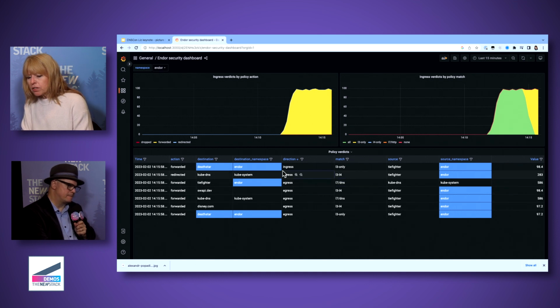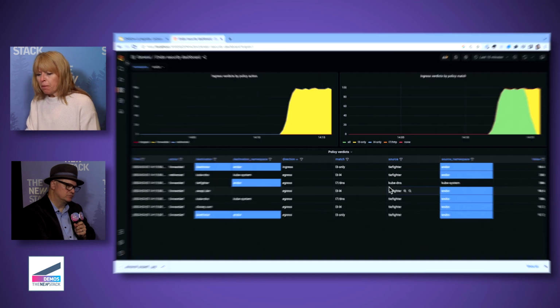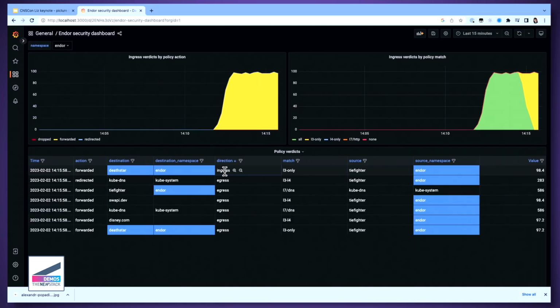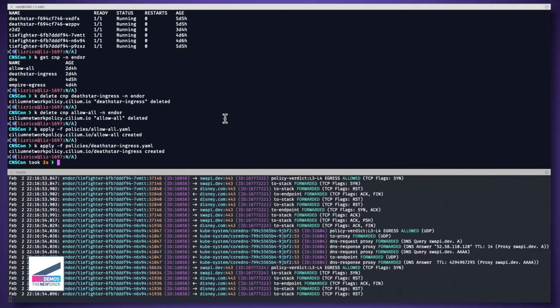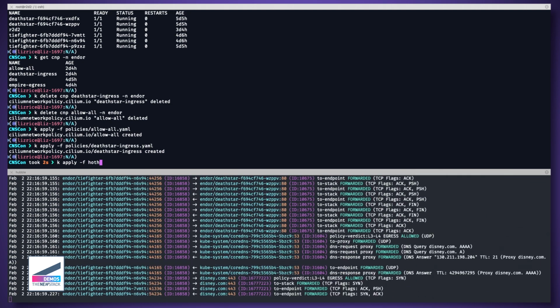Yes, yes. And we can also see in this part of the dashboard underneath a bit more detail. It's like a sort of instant look at, over the last amount of time, what policy verdicts have been seen, and we can see all of our ingress verdicts now have been matched on a layer 3 only policy, and that's what this yellow area here represents. If we were to have traffic that was flowing that was outside of this policy, we'd potentially see some dropped packets. So hopefully if I apply some traffic from a different star system,